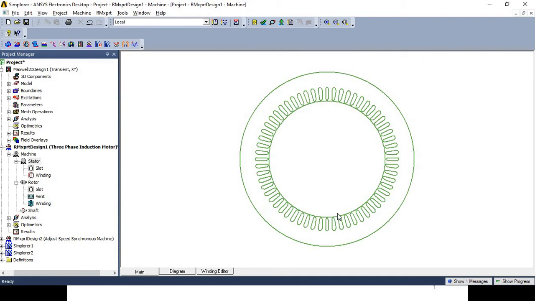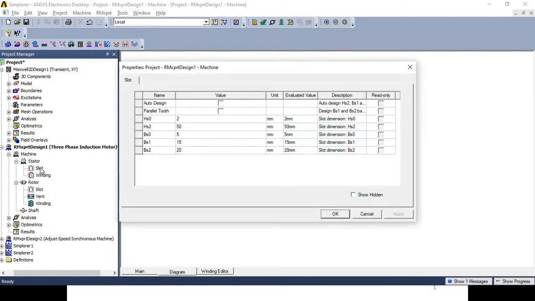Once you select this design, your stator part will be available. But the stator again consists of two different sub-components, winding and slot. So whenever you are going to design the slot, while giving the input for the stator design, you had already selected type 1, and we had discussed the geometry of the type 1 slot, but the additional details you have to provide here, like what is the value of HS0?